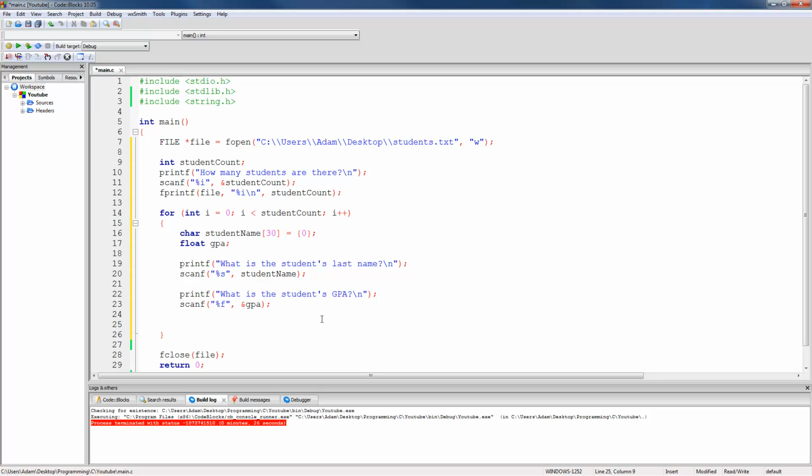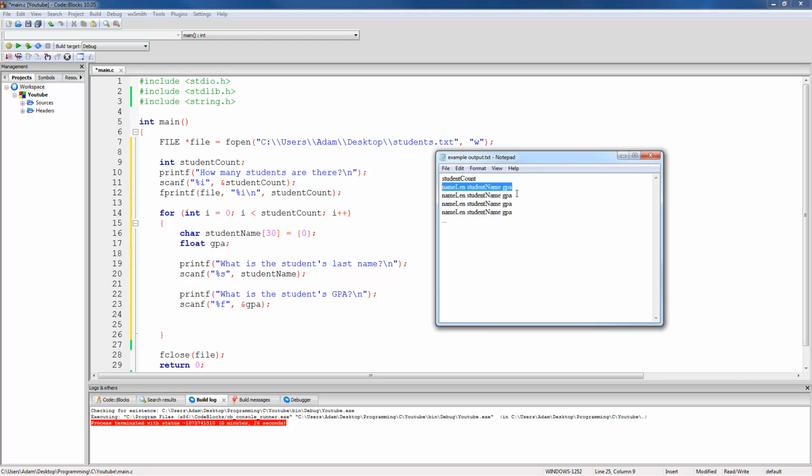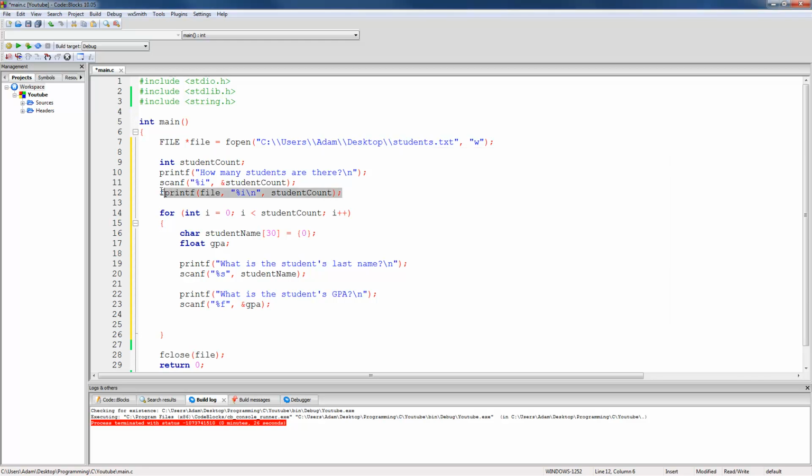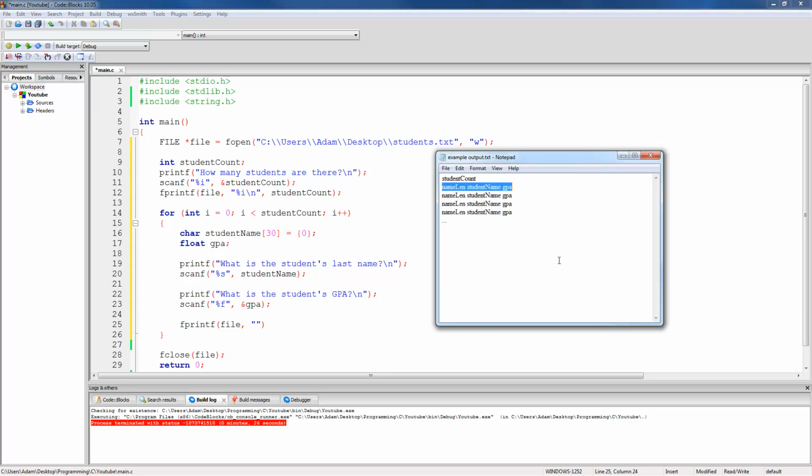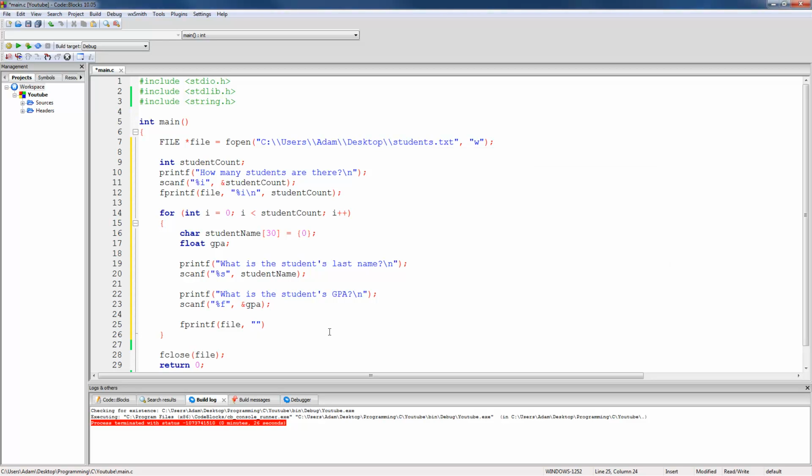In order to write this entry to the file right here, we're going to be using the fprintf function just like we did up here. So we're going to say fprintf, and obviously the first parameter is the file that we're writing to, so file, and the second parameter is the format of the information that we're going to be writing. The first thing that we need to do at the beginning of each entry is write the length of the student's name,